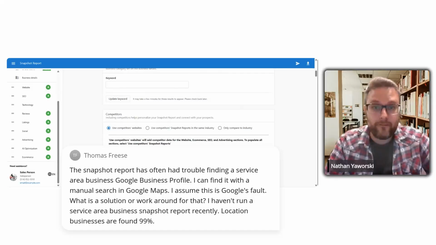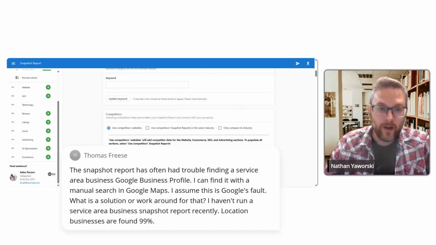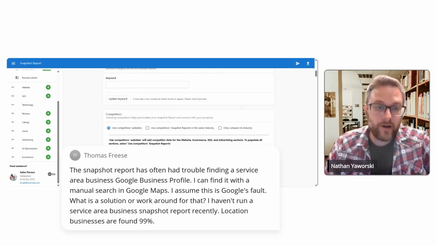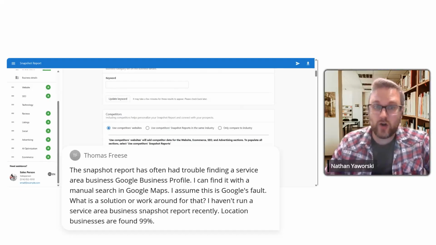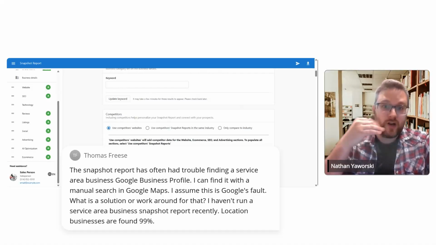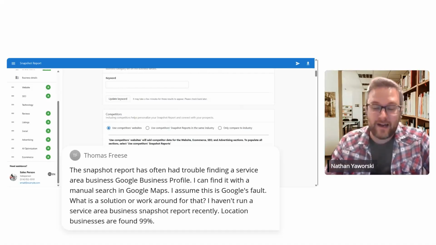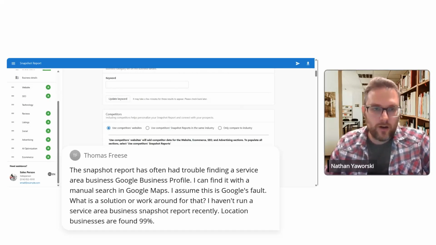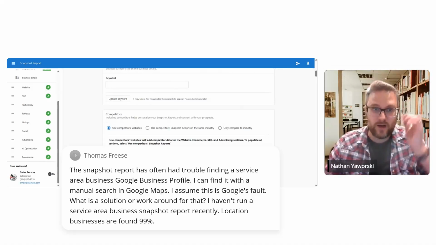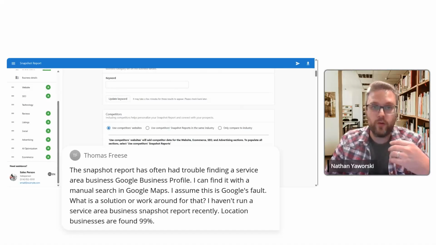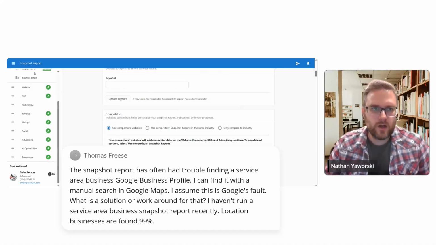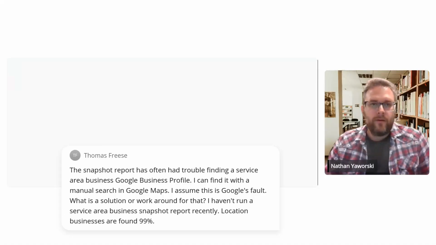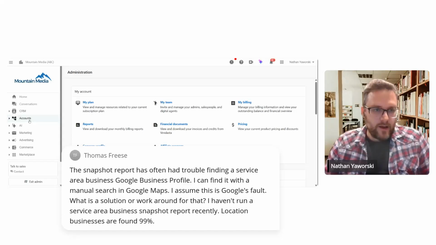And Thomas, you have pointed out a very common observation about a limitation of our platform. The snapshot report does have a hard time finding service area businesses, primarily because the method it's using is trying to connect onto or search by Google, and part of what it does is that address piece. Service area businesses are kind of a blind spot. So if you have a service area business, what I would recommend you do is put in as much information as you can before running the report in the accounts section. And again, if you're in companies,